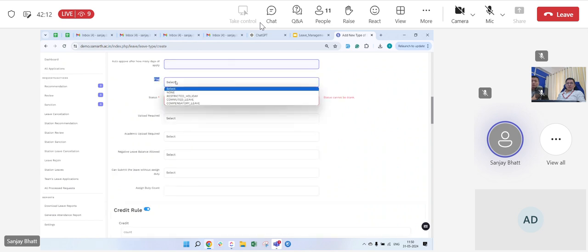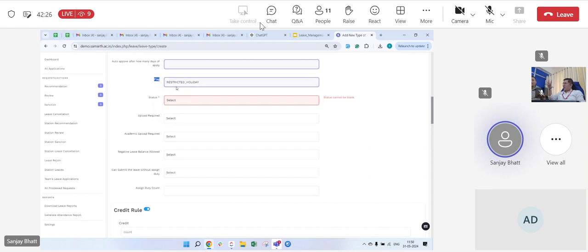Then the next option is a flag. While creating the leave rule of restricted holiday, committed leave, and compulsory leave, the leave admin needs to select the flag here. For example, if you want to create the leave rule for the restricted holiday, you need to select the flag as restricted holiday here. If you are creating the leave rule for the committed leave, you need to select the flag as committed leave here. And if you are creating the leave rule for the compulsory leave, you need to select the flag as compulsory leave here,